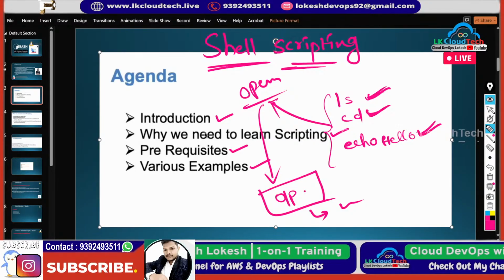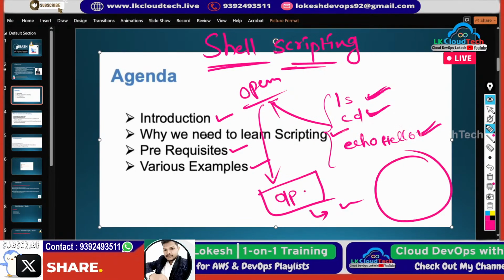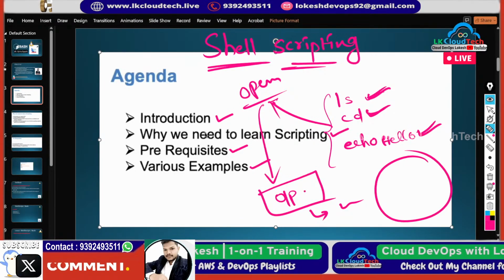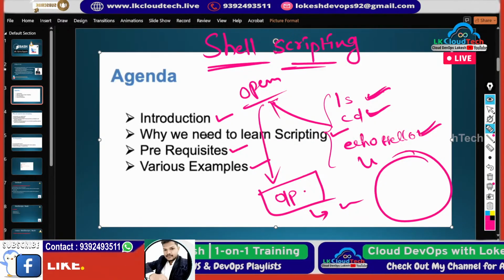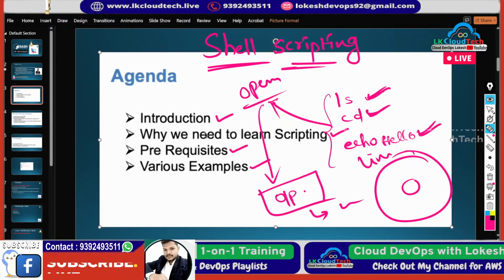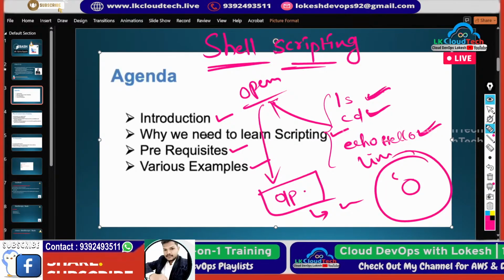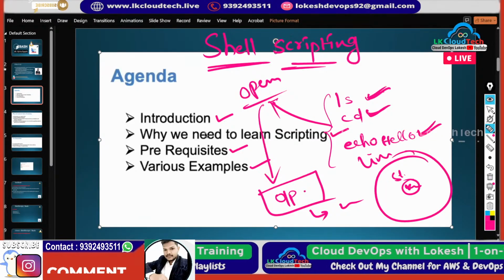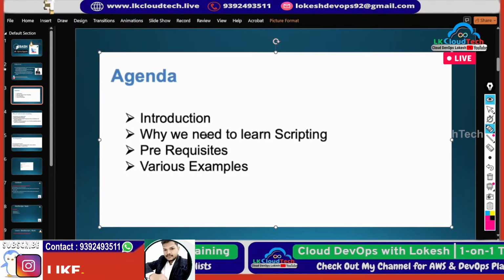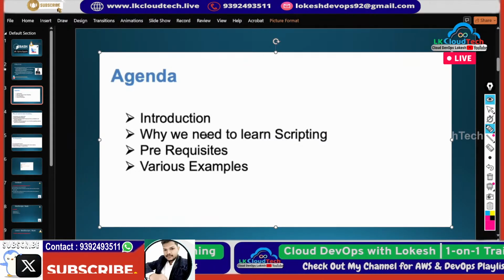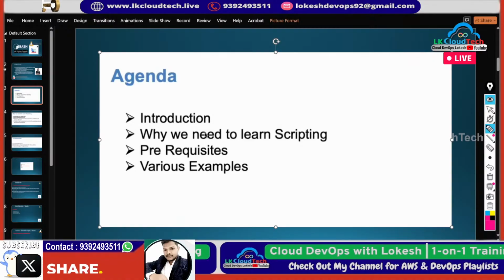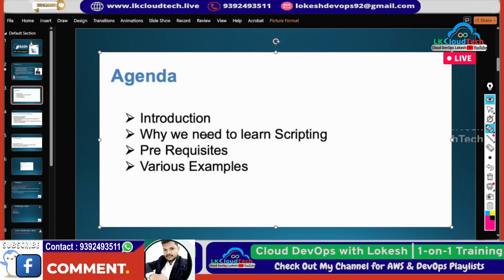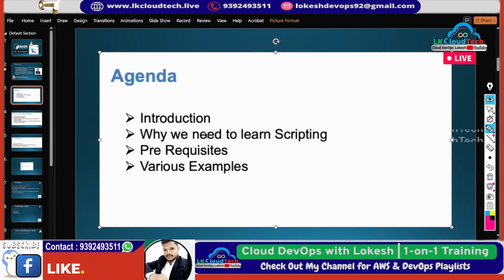While I was taking the Linux introduction class, you might have seen that the shell is there, the kernel is there. Commonly, in Linux and Unix operating systems,